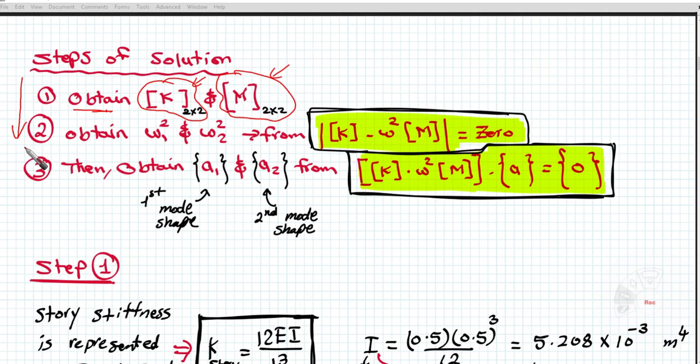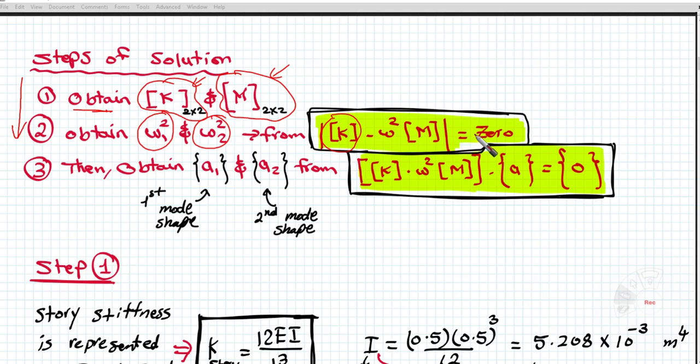After that, the second step, as we explained in the previous video, is to obtain the natural frequencies from the famous equation that I explained last video. If you couldn't understand this equation, then please pause the video and revisit the previous video. Simply, we went through this derivation and said that at the end we need to obtain the determinant of the stiffness matrix minus omega squared times the mass matrix,